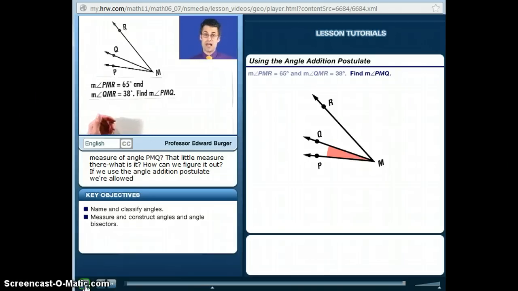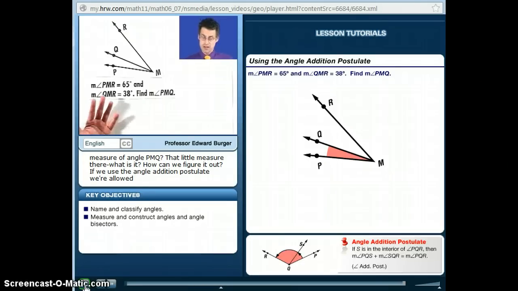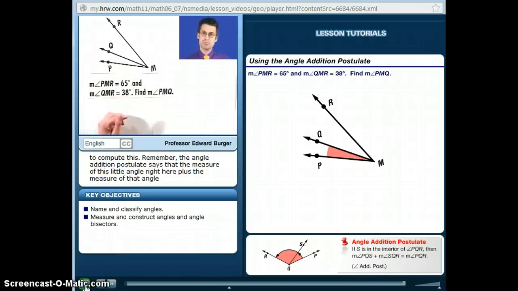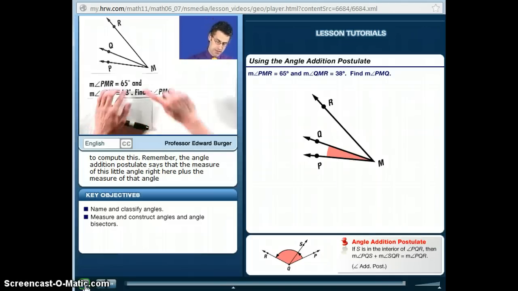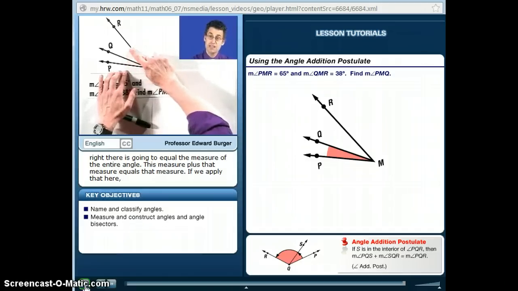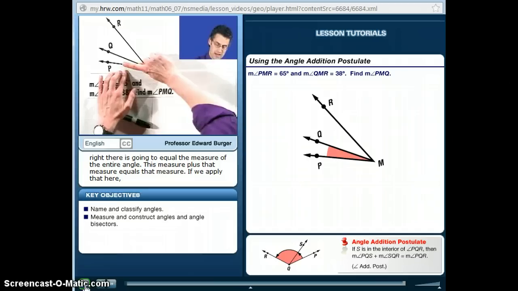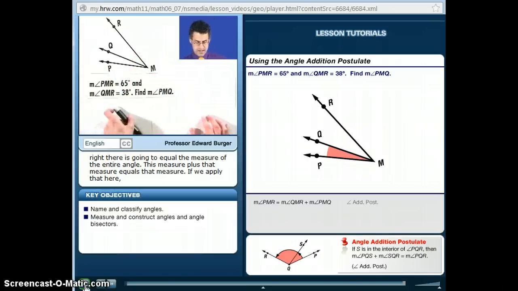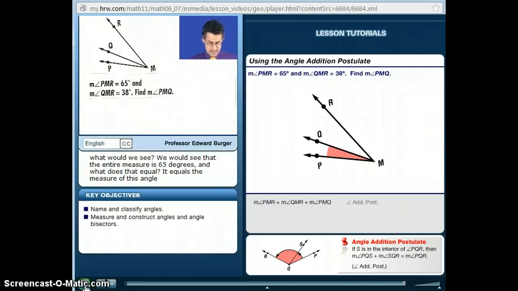Well, how can we figure it out? It turns out that if we use the angle addition postulate, we're allowed to actually compute this. Because remember, the angle addition postulate says that the measure of this little angle right here plus the measure of that angle right there is going to equal the measure of the entire angle out here. This measure plus that measure equals that measure. Now, if we apply that here, what would we see? We would see that the entire measure